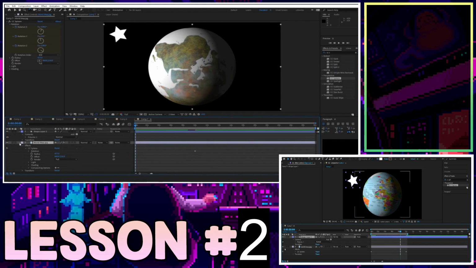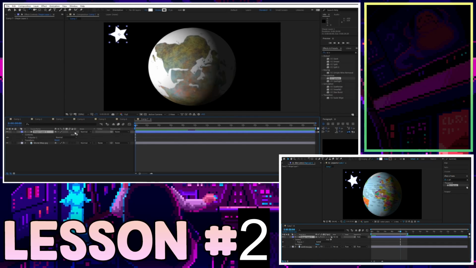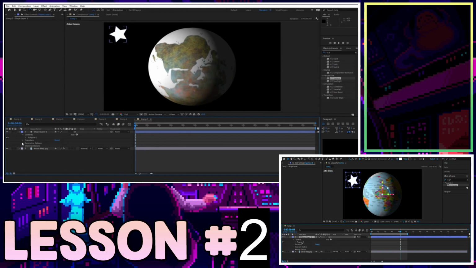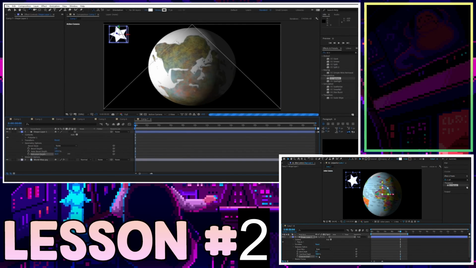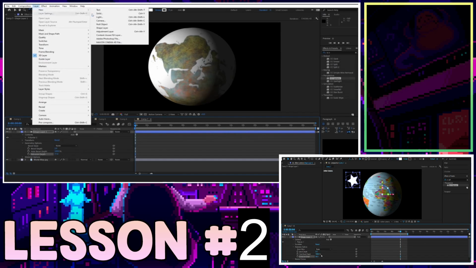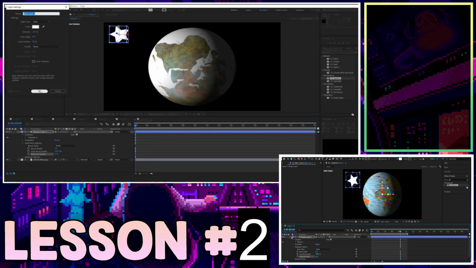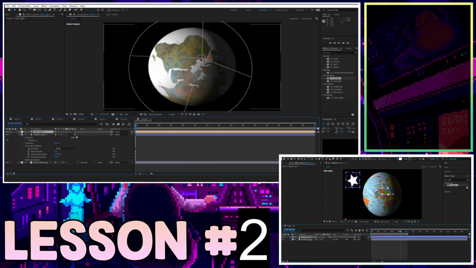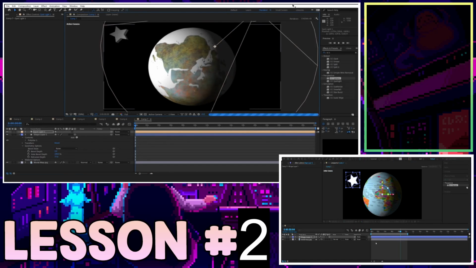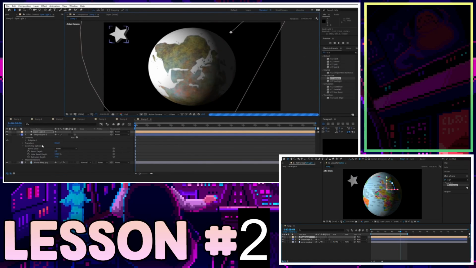I ticked the world map 3D layer. We want to go up here to the shape, tick the 3D layer, go to geometry options, and make sure that it's sticking out a little bit. And also, we want to go up here to layer, new, and go ahead and make a light. The reason we want to make that light is to actually get that star right there being 3D lit up,